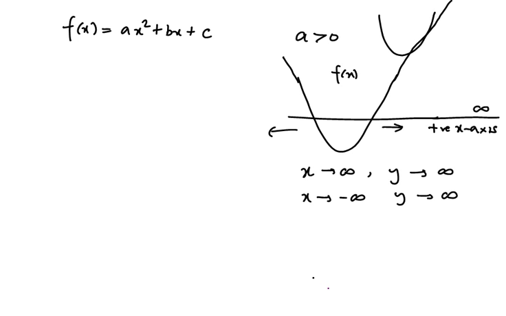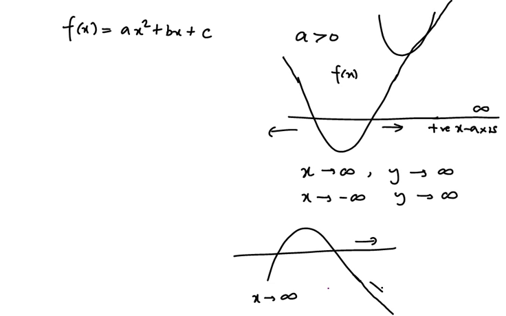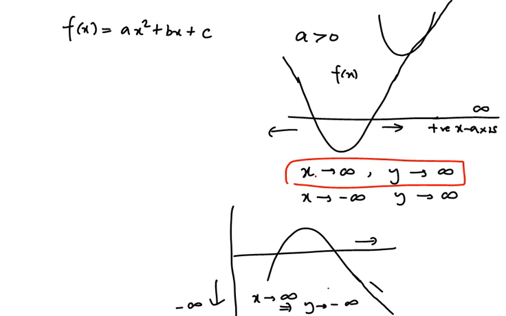Now if we have an inverted parabola, this behavior is totally opposite. How is it opposite? If I go towards the right, x approaches infinity, then the parabola is going down. Going down means the values of y, on the y-axis, are going down towards minus infinity. So x approaches infinity implies y approaches minus infinity. That's the difference between the two. For a parabola that opens up, as x approaches positive infinity, y also approaches positive infinity. But in the case of an inverted parabola, as x approaches infinity, y approaches minus infinity.